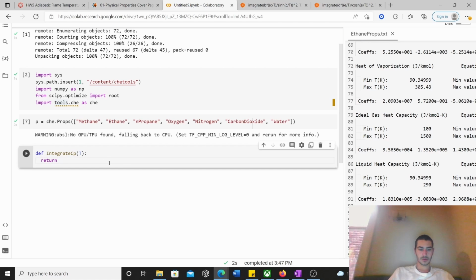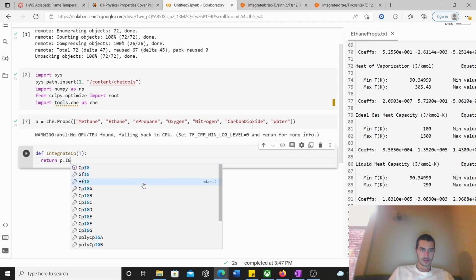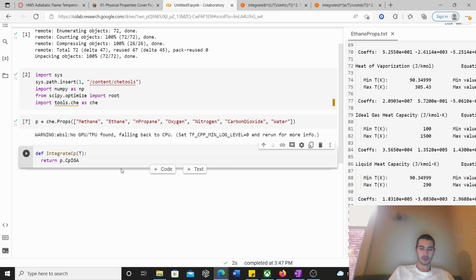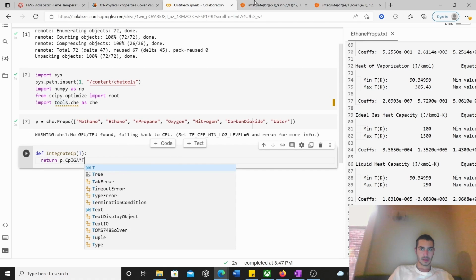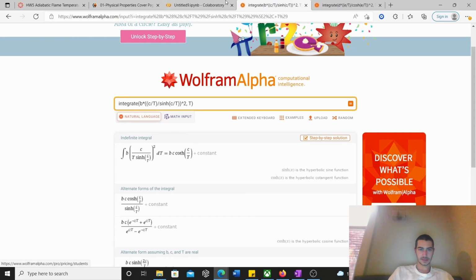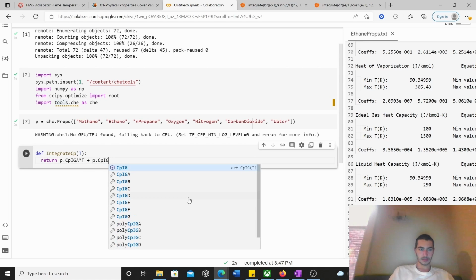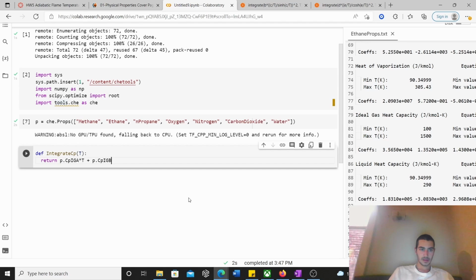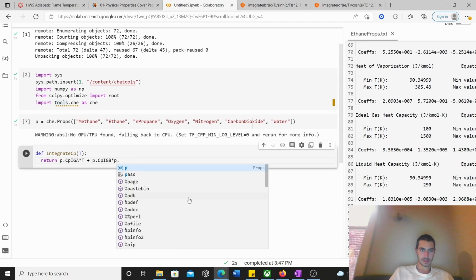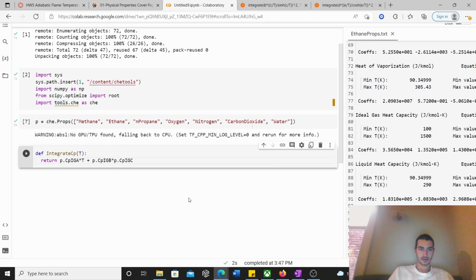So in the equation for return, we'll have return CP dot IGA, P dot IG, and then we'll be using A, then multiply that by T, right? Then we'll be putting this in, so then we have B times C, right? So plus P dot CP, and then we'll be using B this time, times P dot CP C,